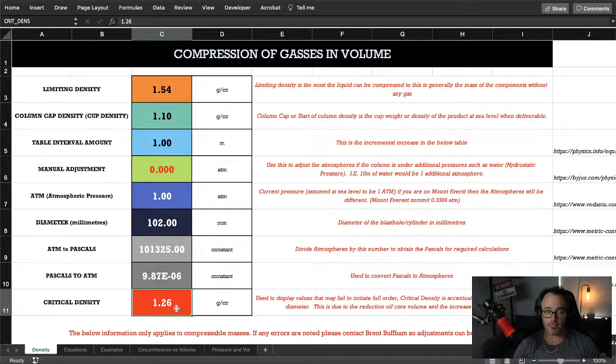Now, like we just set this limiting density of 1.54, which means that potentially our critical density here would be more likely somewhere around the 1.34 mark for a water gel, and if you're talking about an emulsion, then you're probably looking at this being anywhere between 1.32 and 1.38 probably. So let's just say 1.35 for our example, and down here we'll put our critical density,